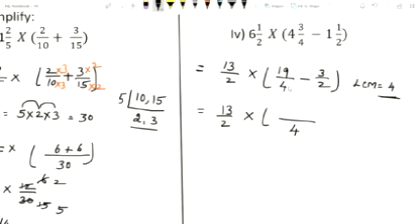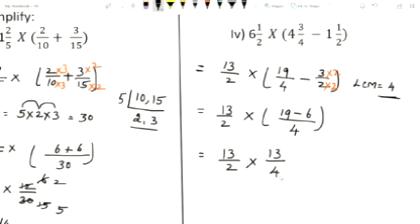Okay, children, so now you convert here to 4. You see the first term's denominator is 4, so write the numerator as it is. Next, the minus sign is there, minus. And see the second term, here the denominator is 2, so we need to multiply with 2 only, we will get 4. So 2 2s are 4, 2 3s are 6. 13 by 2 into 19 minus 6, what will you get? 13 by 4.